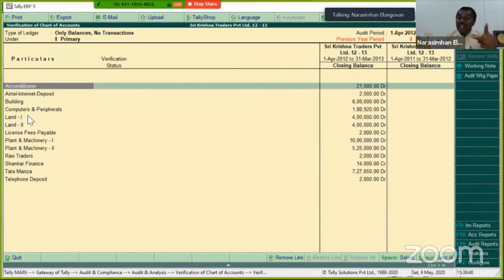If your current liabilities appear over here, it means you need to relook into whether they are trade payables, and then the very classification of current and non-current you have to look into. If your loans are appearing here, you should probably look into it. And you will get this entire thought process, or you will be able to see this entire thing for a full year. So you get an idea.